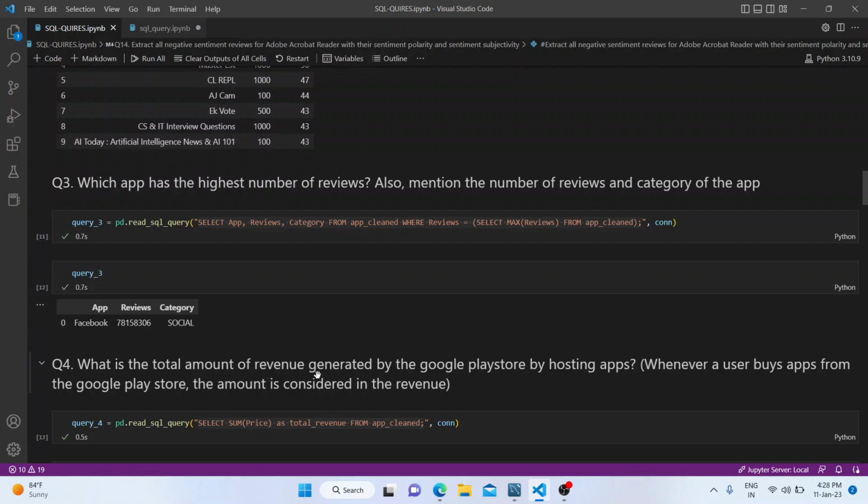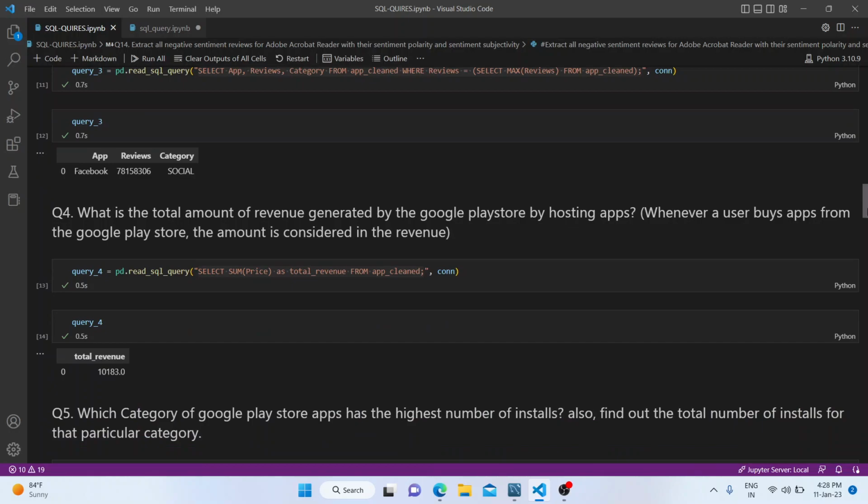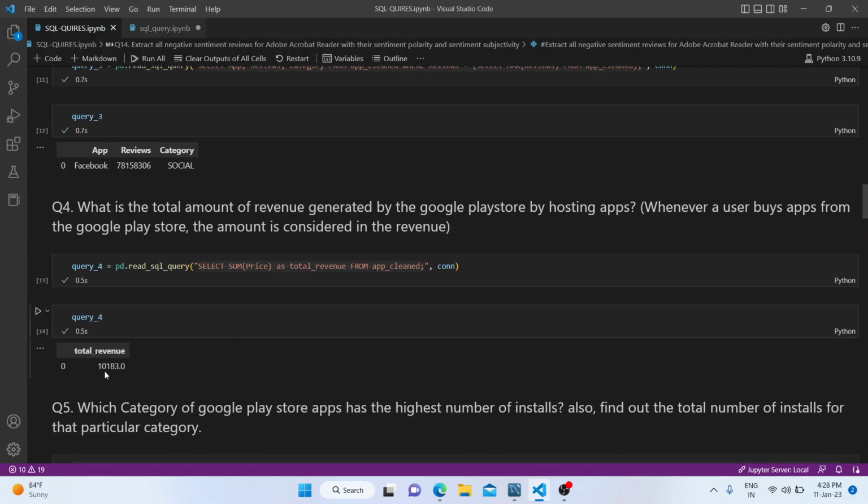What is the total amount of revenue generated by Google Play Store by hosting apps, where users buy apps from the Google Play Store and that amount is considered revenue? So we have total revenue of 10,183.